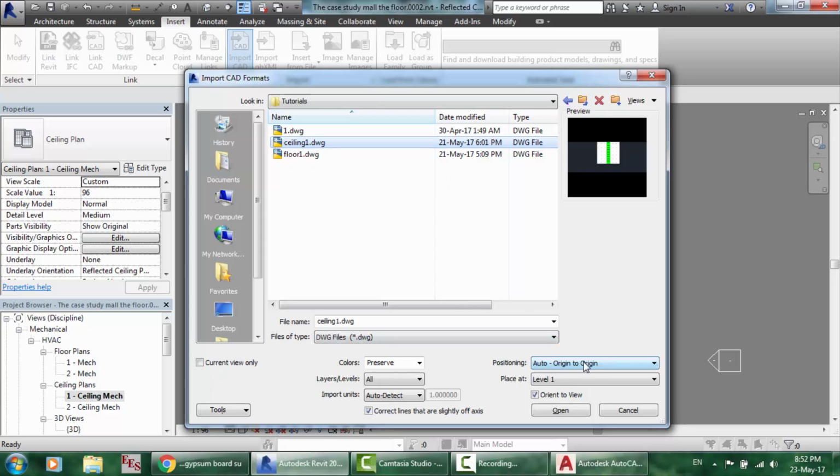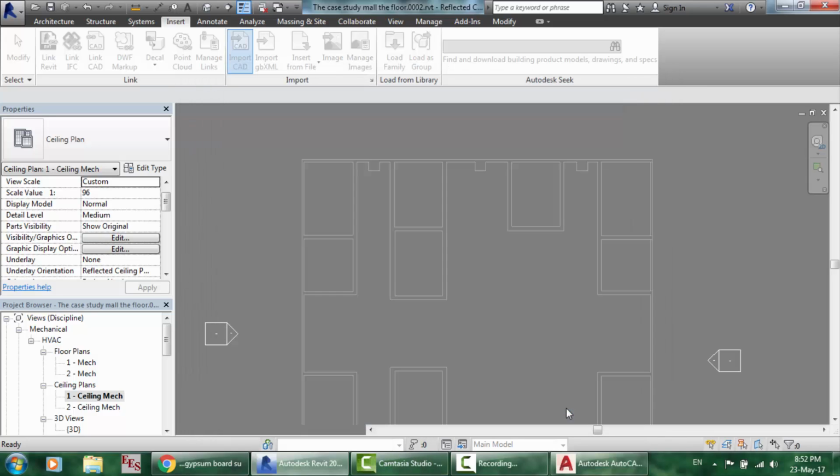Please set origin to origin to avoid any problem in the coordinates. And here is preset level 1, because we're going to talk about the levels now, and layers all, and here is millimeters and orient to view. Okay, let's open the ceiling,